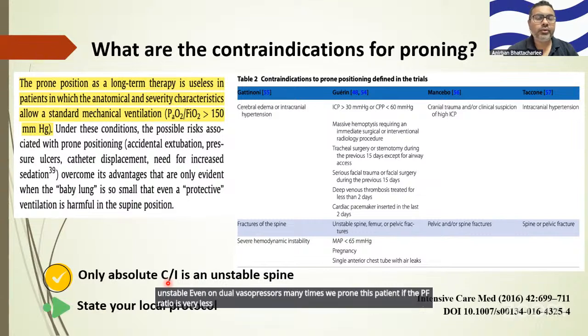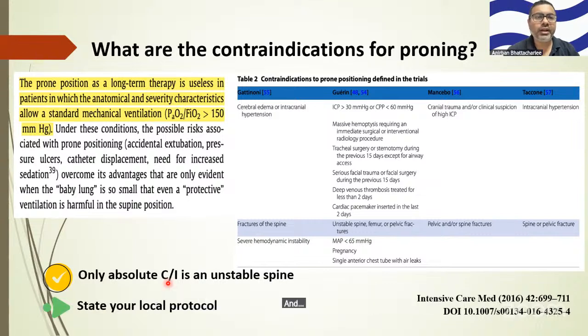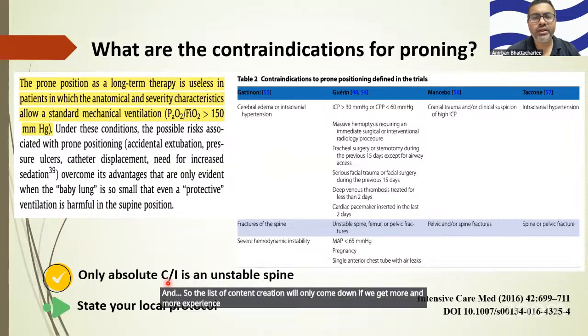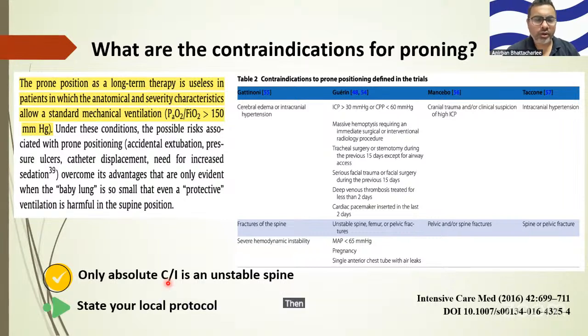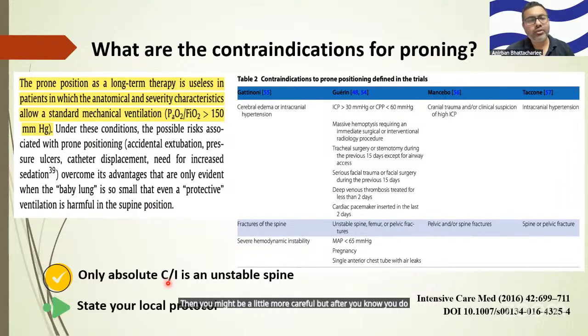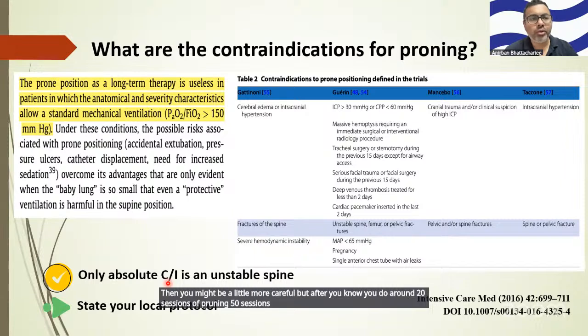And the list of contraindications will only come down if we get more and more experience with the procedure. So if your center is newly adopting this policy, then you might be a little more careful. But after you do around 20 sessions, 50 sessions of proning, you would be more confident in proning